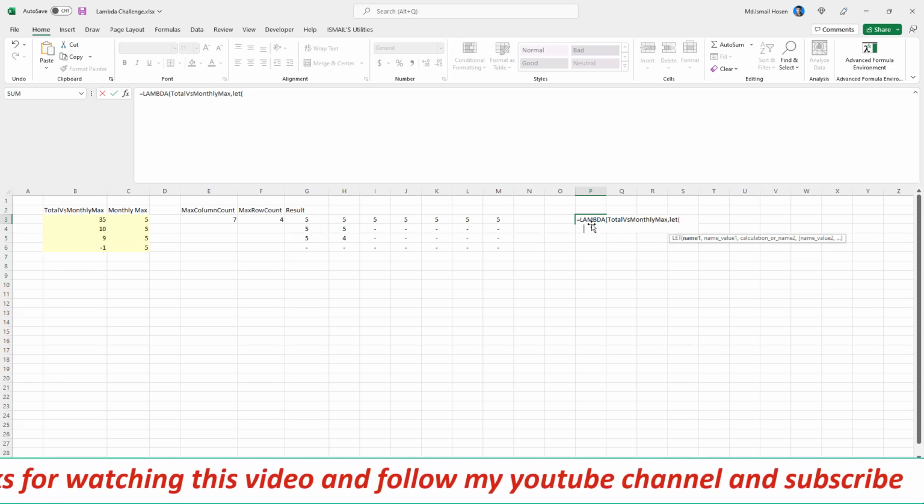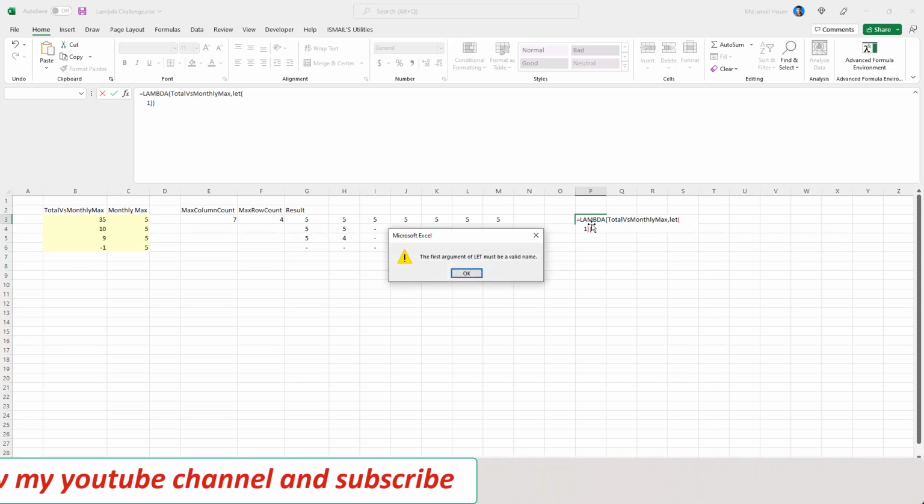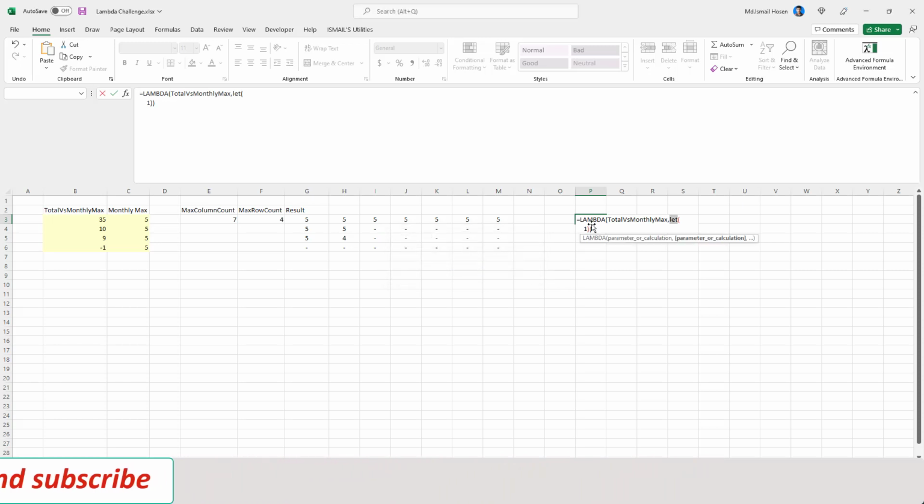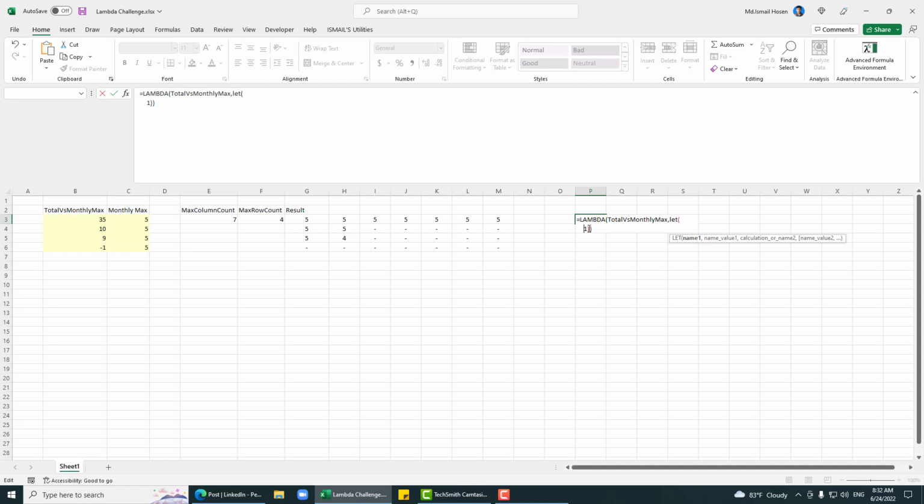The first one I'll pick from all of this. So let's say x, let's say this one. Okay, this is a calculation error, that's okay. Now we need to pick this one, that is max column count. So let's copy this,